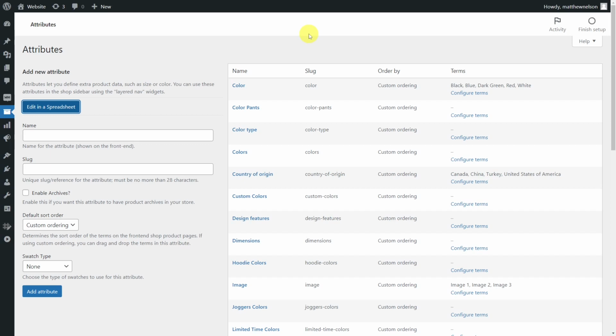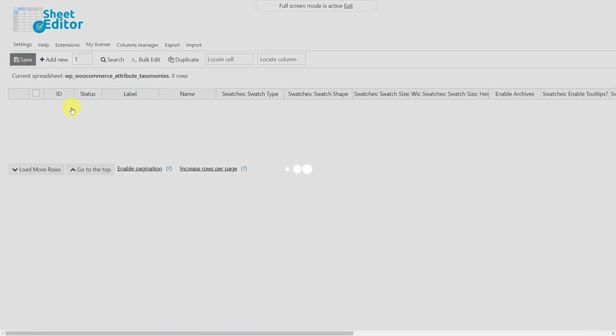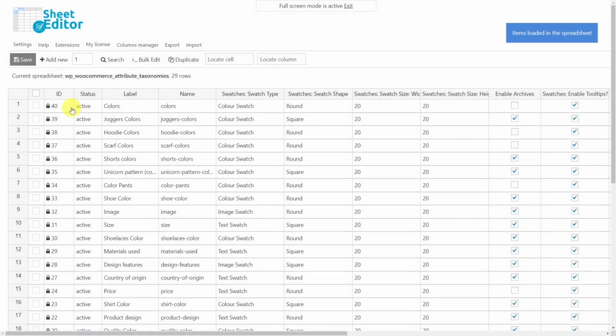This is really useful because it allows you to edit the fields of all your global attributes without having to go through the boring and time-consuming process we just mentioned. For this, we'll use the Taxonomy Terms Spreadsheet plugin. This WordPress plugin allows you to edit hundreds of global attributes in an intuitive spreadsheet. In addition, the plugin will create a spreadsheet for each of the global attributes where you can edit the terms